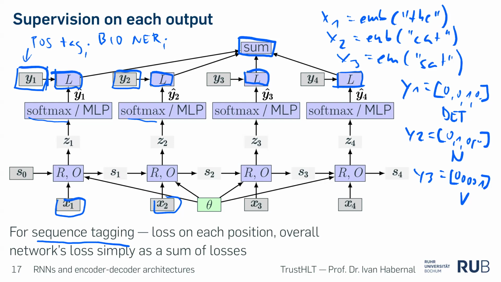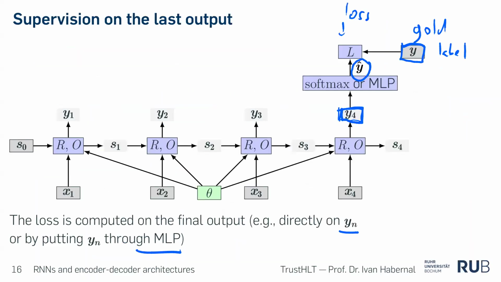Why can't we just compute the loss at the end, because the result would be for the whole sequence? Yeah, that's right, I mean the loss. So in this case you are right. If you want the full sequence to be in one vector, for example, the gold label for sentiment would be, let's say, positive, which we represent as one-hot encoding over 3 classes: 1, 0, 0. So far, so good? Okay, good.